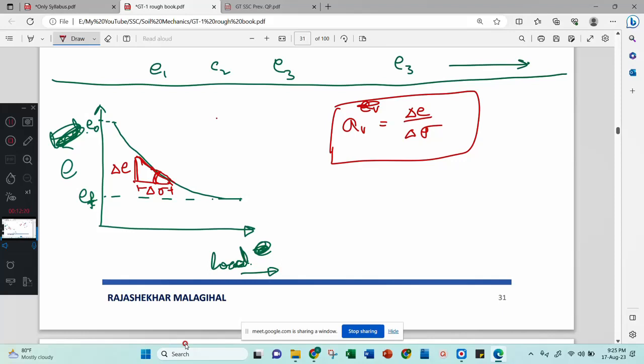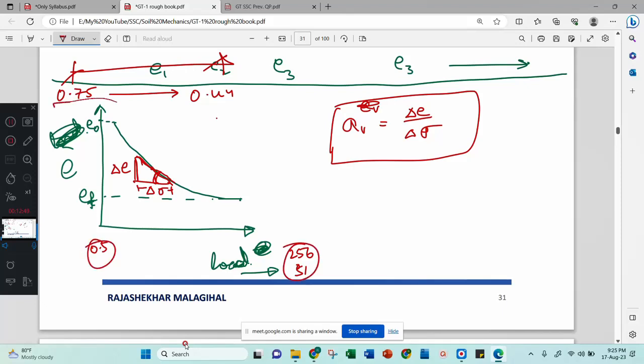Okay. The doubt is that the void ratio change is a very small value. You know the void ratio, how much it is? Earlier it might be 0.75 and later it might be reduced to 0.44. You know this reduction is very small. But the load, on the first day you started with 0.5 kg per centimeter square and at the end of the day you are getting 256 or 512. See, the load variation is very huge.